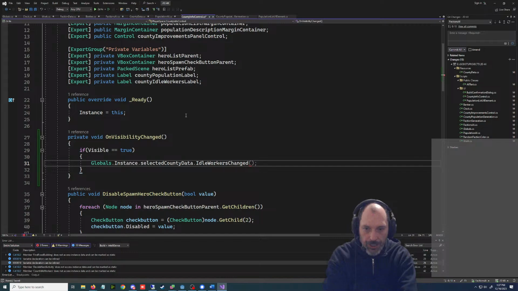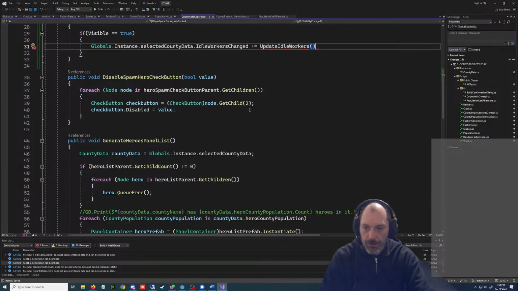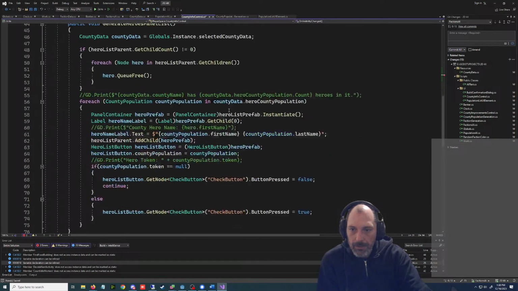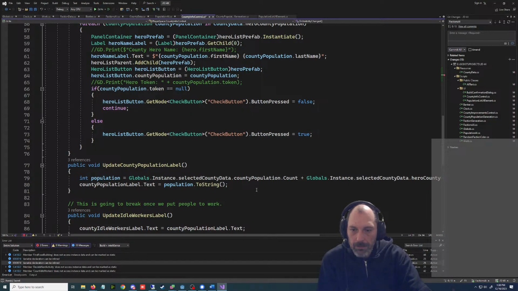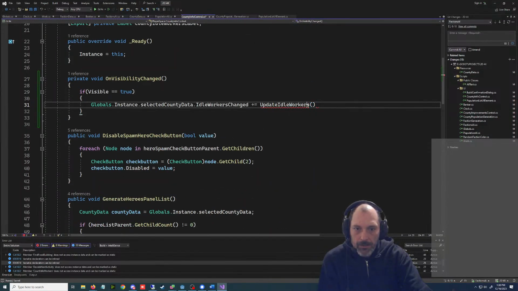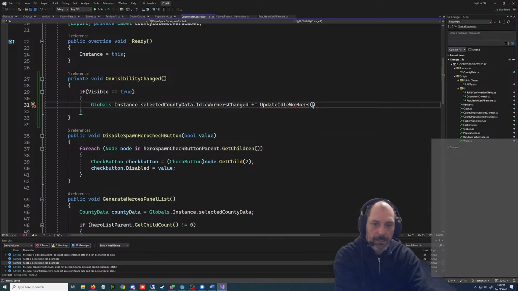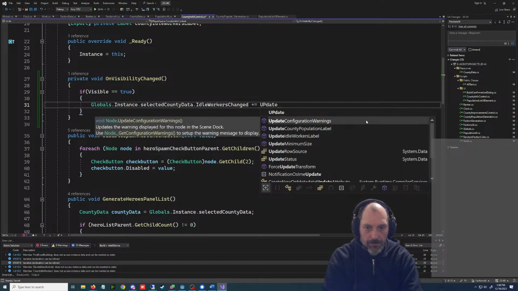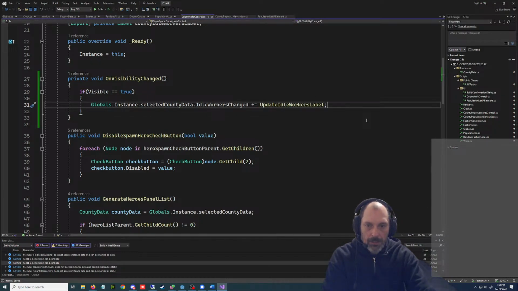Idle workers changed plus equals update idle workers. You know what we could do? We already have it under here. Update idle workers. When we don't want this at the end. Oh, you're not gonna offer me. There we go. Okay.